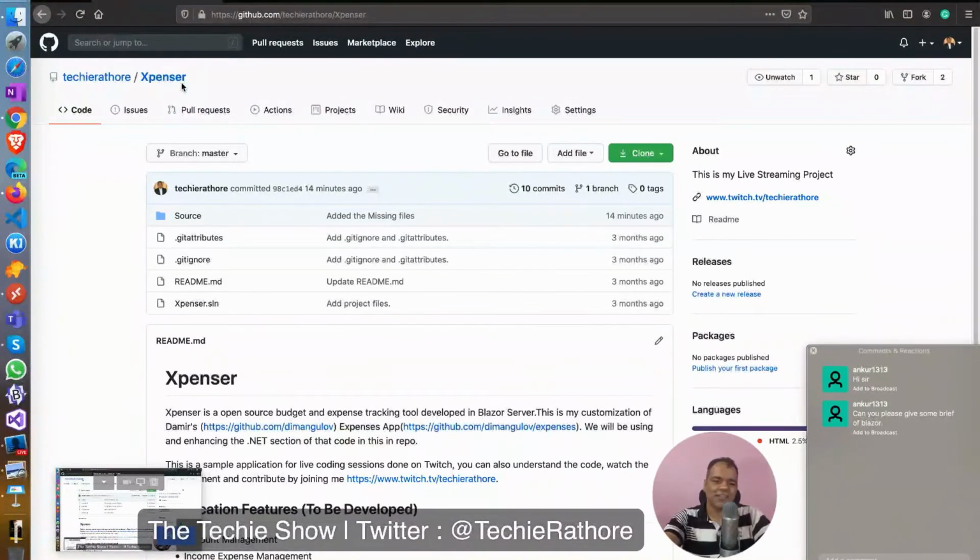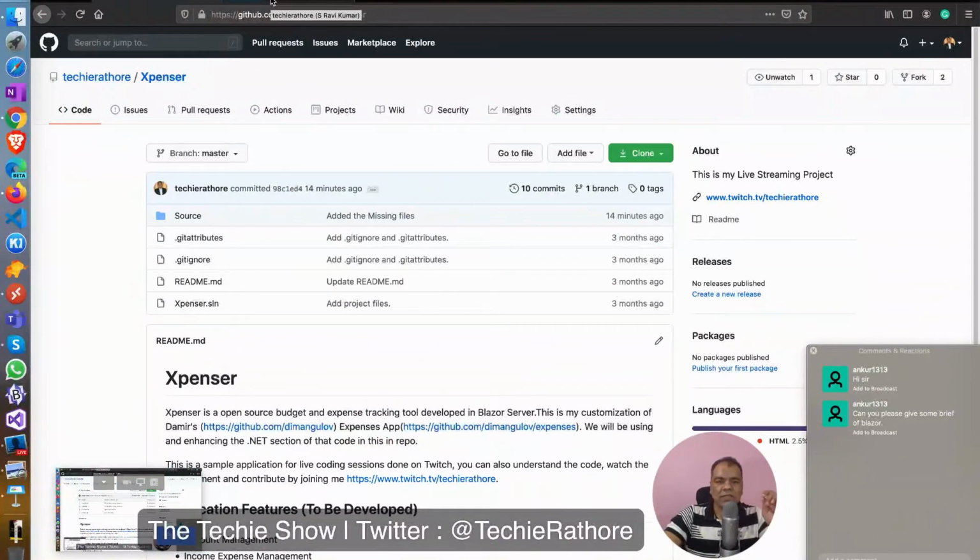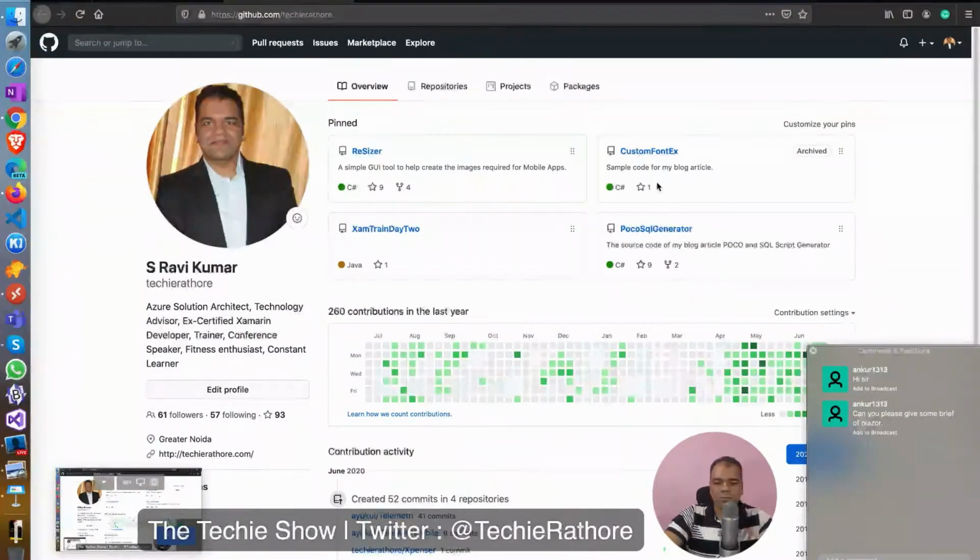I started creating it in April, but then didn't get time to continue. But anyways, I am following the same futuristic architecture, where we start with Blazor server, but we can do it with Blazor WebAssembly also.